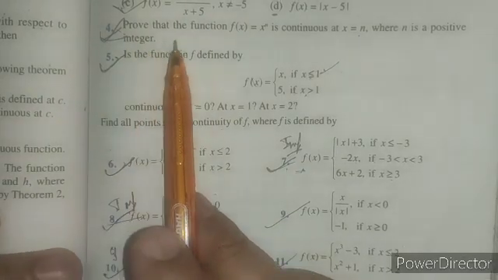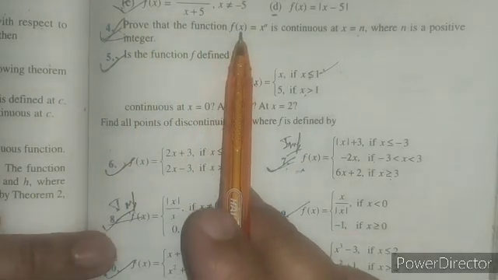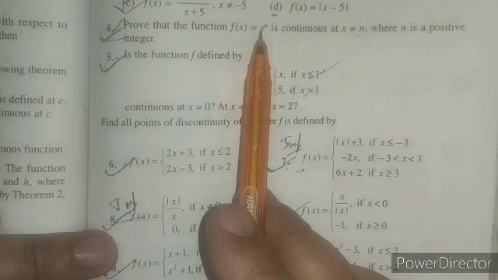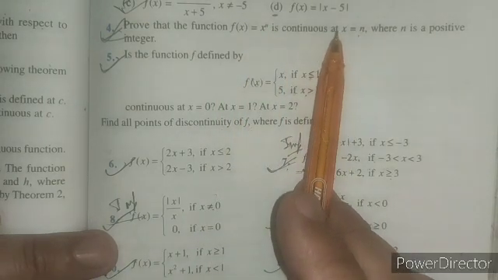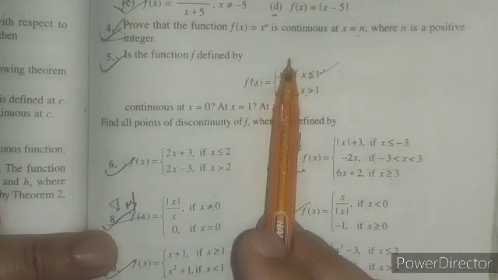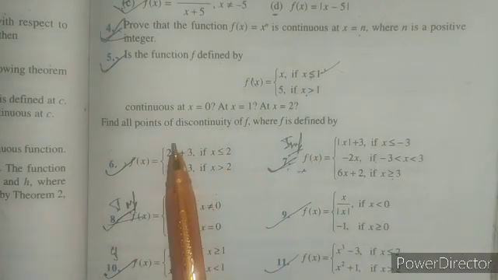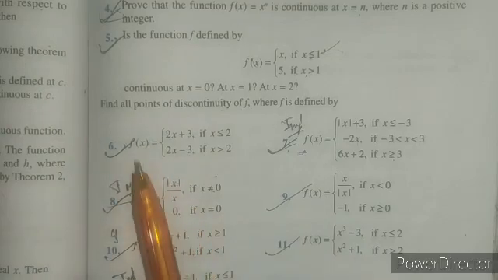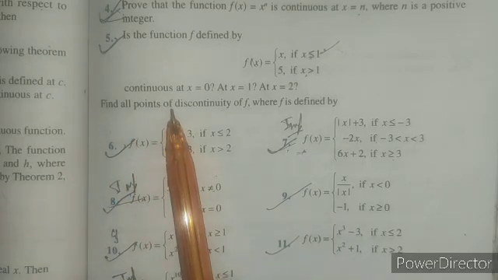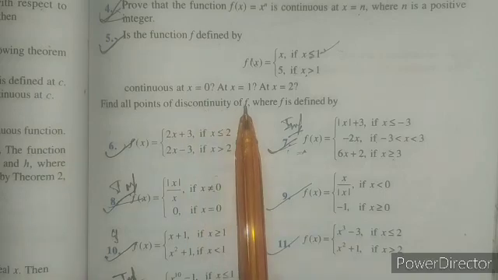Now in question number 4 we have to test the continuity of f(x) that is equal to x raised to power n at point x equal to n, and this can be done similarly as we have done the other two questions. Now here in question number 6 onwards we have to find the points of discontinuity of f, where f is defined by,